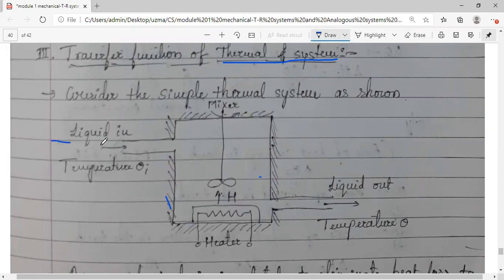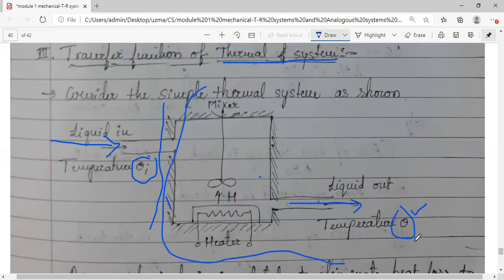You have some liquid which is entering with some temperature theta I, and this will be at a normal temperature. And this is your liquid outlet through which your liquid is going out, and it has a temperature theta, which plays a very important role. This theta I, its productivity is only till this much because the supply is only that much, that's it. Now, remaining everything, this is important, you are giving the supply, done.